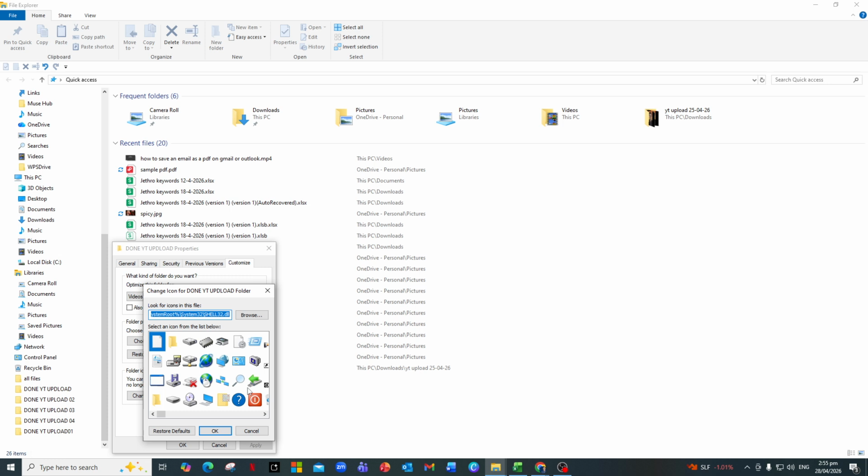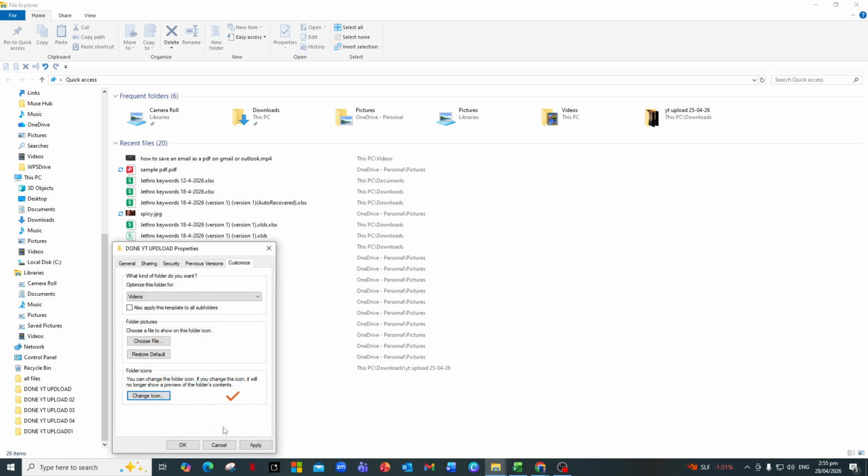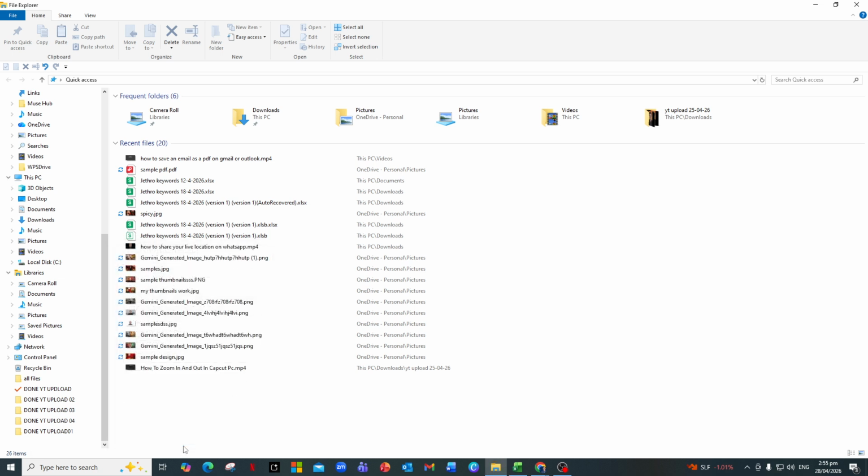Click that button. A new window will open, showing a selection of default Windows icons. If you like one of these, you can simply choose it and press OK. But to use your custom icon, click the Browse button instead. In the file browser that appears, navigate to the location where you saved your ICO file. Click on the icon file, then click Open. You'll now see your chosen icon appear in the list. Select it, click OK, and then in the Properties window, click Apply, and then OK again.